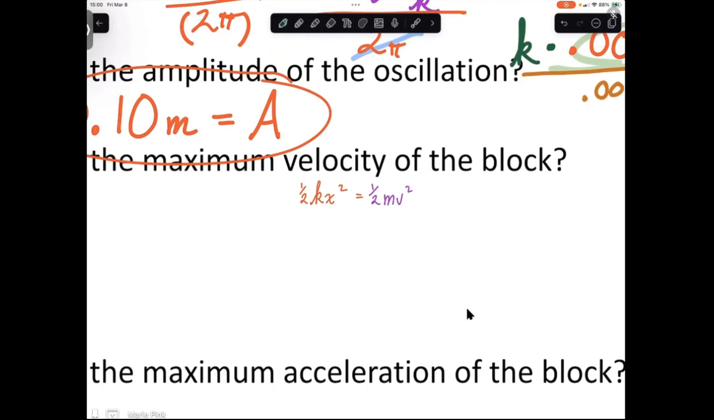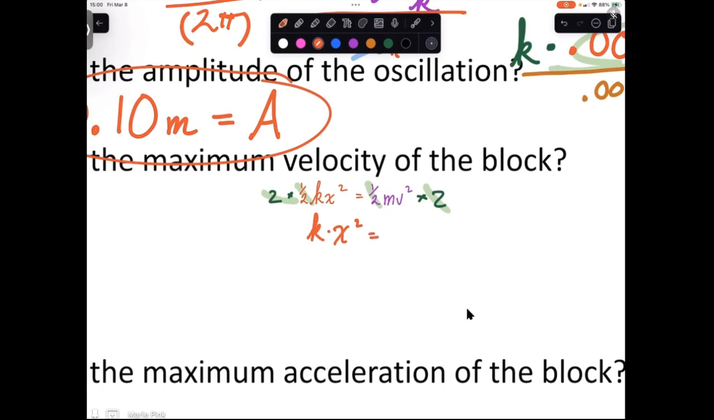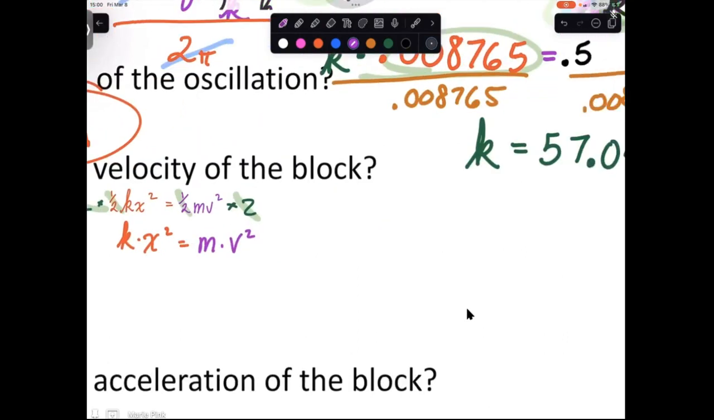I don't like having the 1/2, so I'm going to multiply both sides times 2. That'll cancel out the 2 and the 1/2, and I'll be left with k times x squared is equal to my mass times velocity squared. All right, and then k we have from before, that's